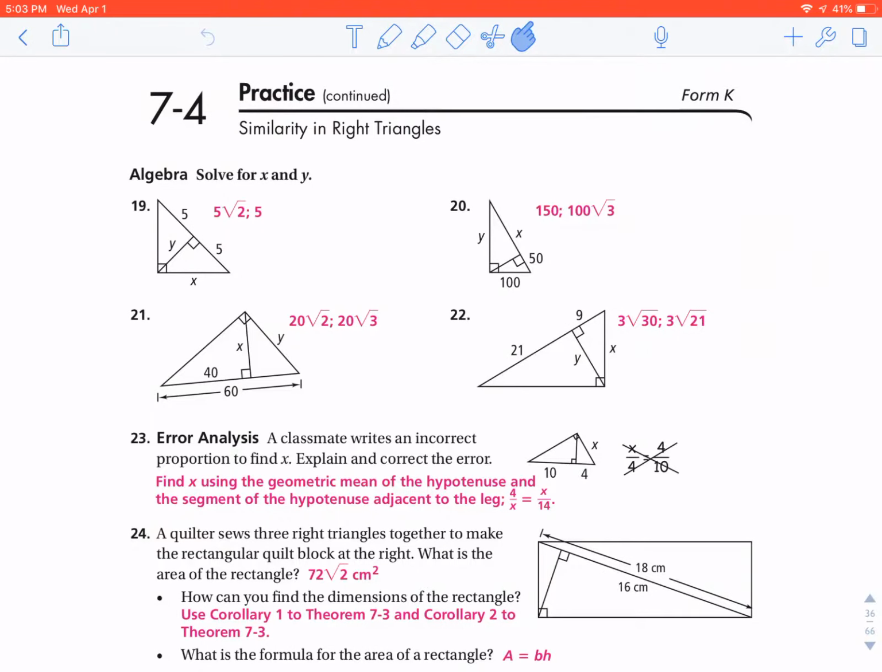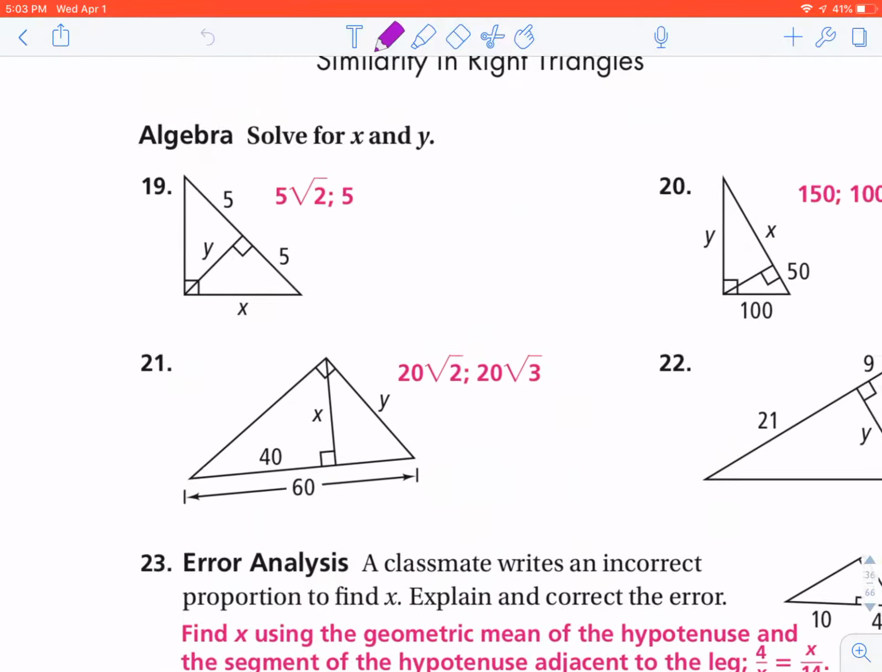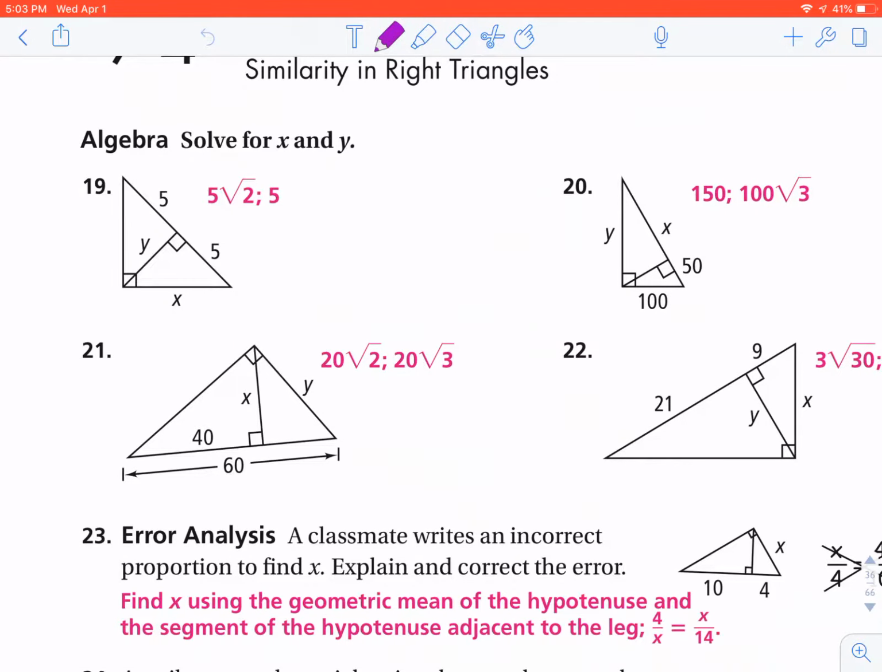All right, let's take a look at... So I don't want to do all of them because I want you to obviously be able to do a couple on your own. But I definitely want to take a look at number 19. So 19 and 22 are about as close to the exact same as you can get. All right, so if we take a look at number 19,